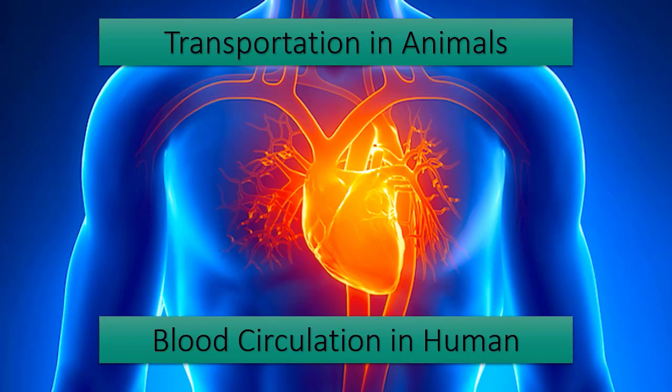Hello students. In this video we'll talk about the process of transportation in animals, and to be specific we'll be talking about the blood circulation in human beings. Now in this we will talk about both the blood circulatory system and also the lymphatic system present in the human body. We'll see what its components are, how they are organized, and what role or function they perform